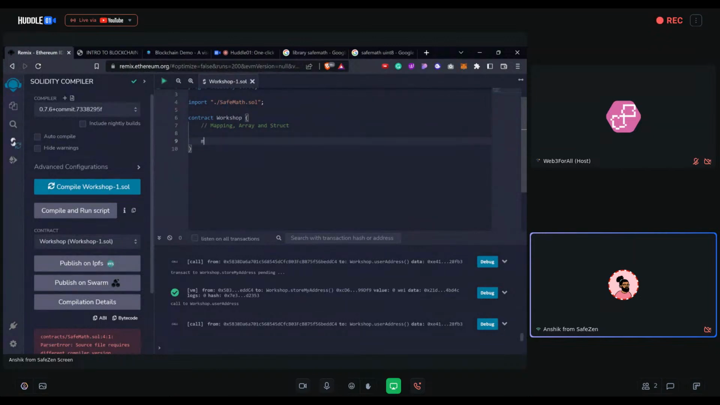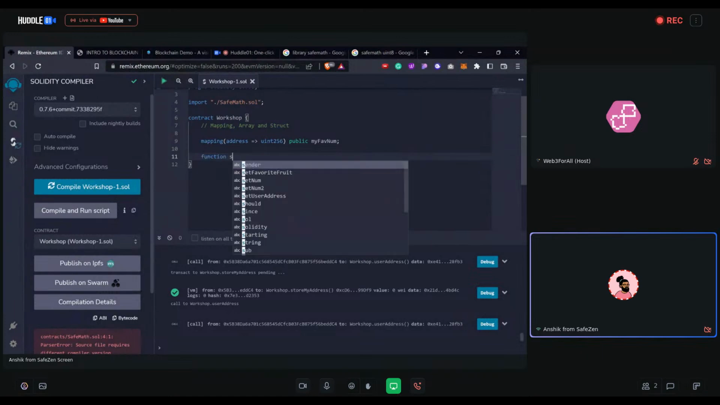So how the mapping is initialized in Solidity is, you have the mapping keyword, and then you provide the data types that you want to store. Let's say I want to store the address, and against that I want to store something, let's say the favorite number of the user. So the address will be the user, and we'll store the favorite number of the user. I'll keep it private and name it myFavoriteNum. And what I'll do is create a function